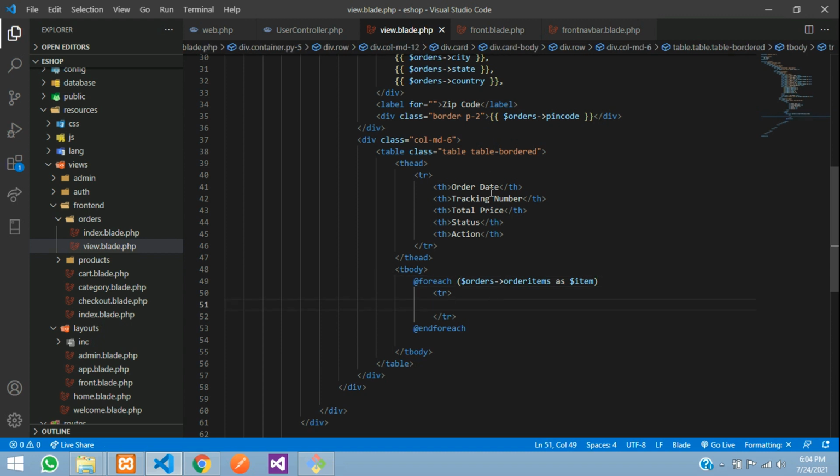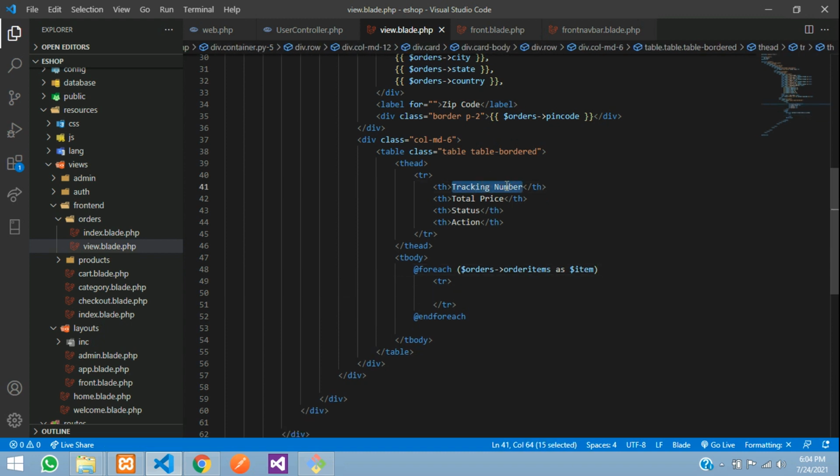Okay, order date we are not going to display. I'm going to show the name, quantity, the price, and the image. Set td. So now you can see here order items, right? So you are inside the order items table now. So for that we are going to say $item of the products relationship